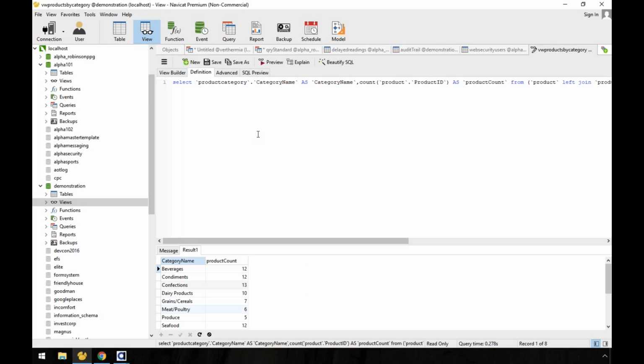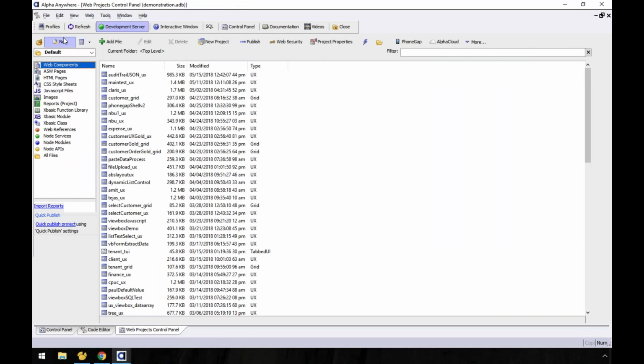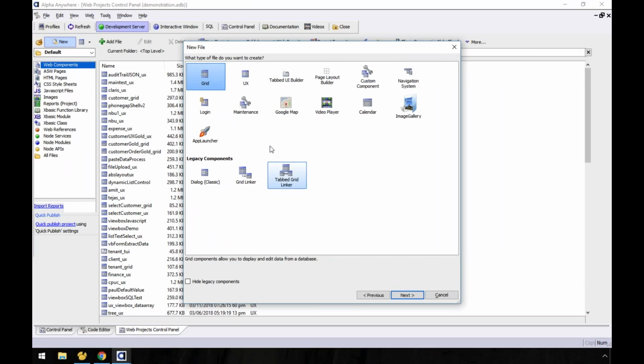This is actually a very powerful environment to write those scripts, because the modern database tools, this is Navicat, but there's DBForge, there's HeidiSQL, there's SQL Yoga, there's a whole bunch of them. They're really powerful. That said, though, I'm going to go ahead and just use a grid component right here.